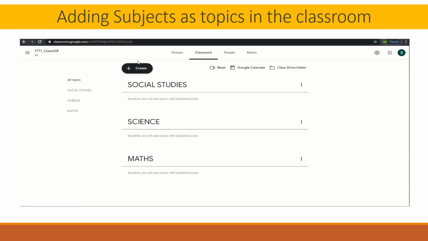Likewise all the subjects can be added one after the other. In this class I have just added 3. The rest can be done by the class teacher. Similarly all the other subjects can be added.